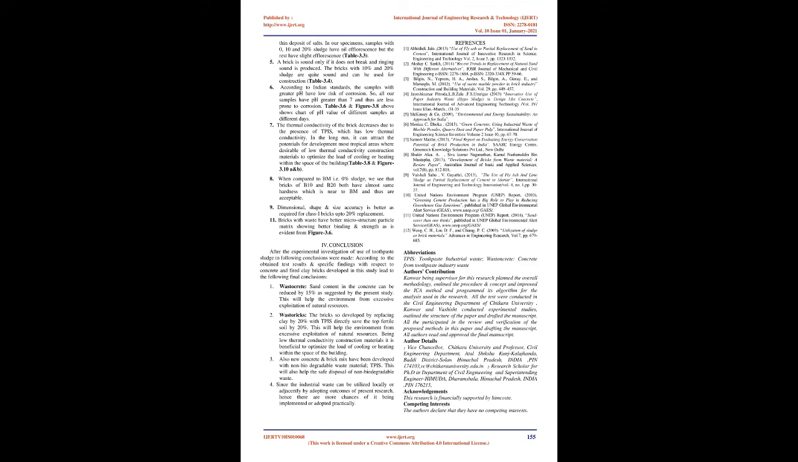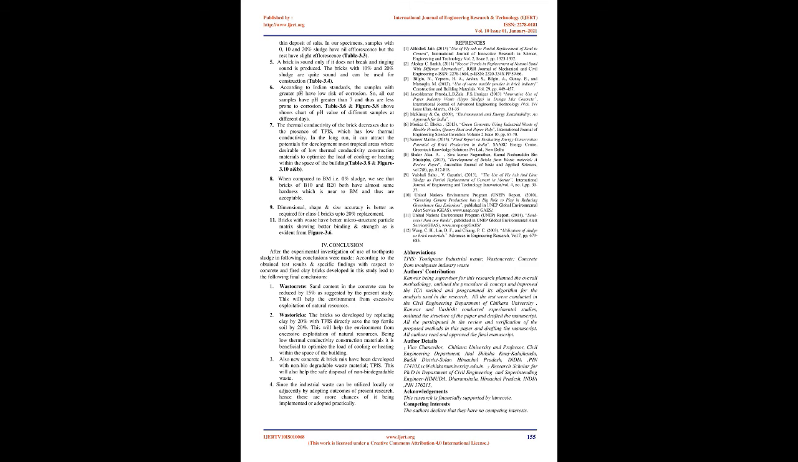6. According to Indian standards, the samples with greater pH have low risk of corrosion. So, all our samples have pH greater than 7 and thus are less prone to corrosion. Table 3.6 and figure 3.8 above show the chart of pH value of different samples at different days. 7. The thermal conductivity of the brick decreases due to the presence of TPIS, which has low thermal conductivity. In the long run, it can attract the potentials for development in most tropical areas where low thermal conductivity construction materials are desirable to optimize the load of cooling or heating within the space of the building, table 3.8 and figure